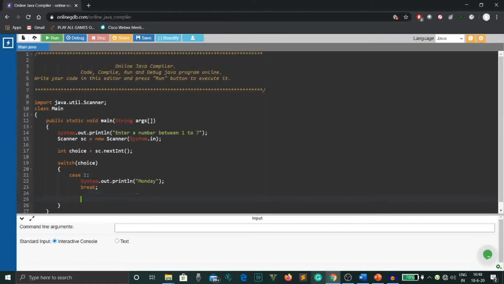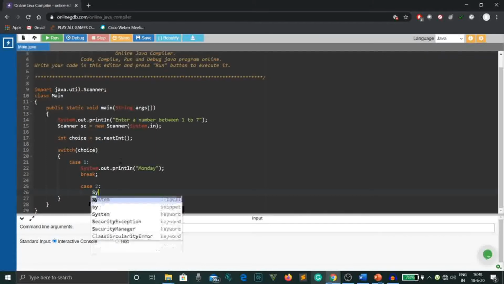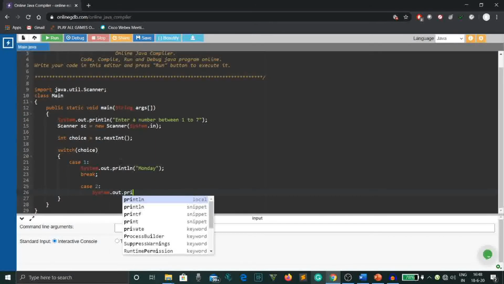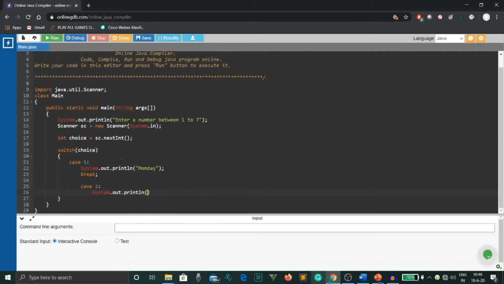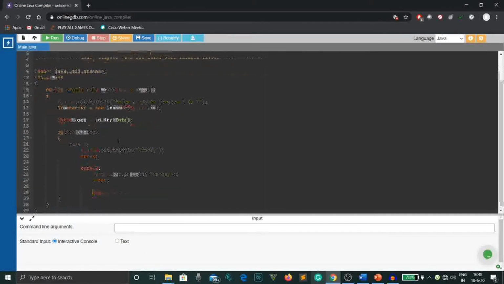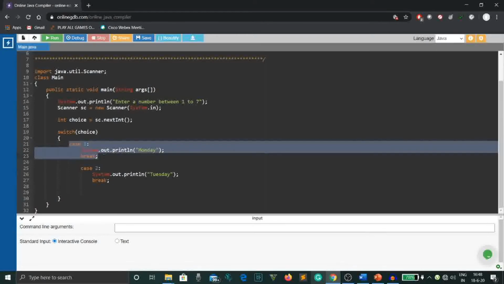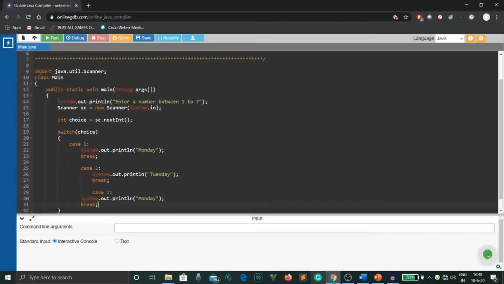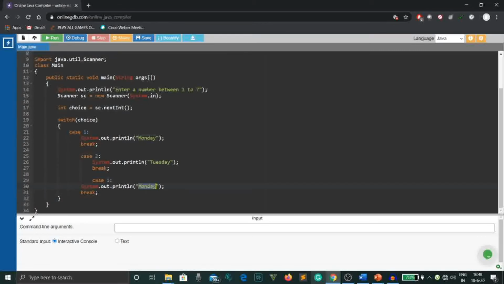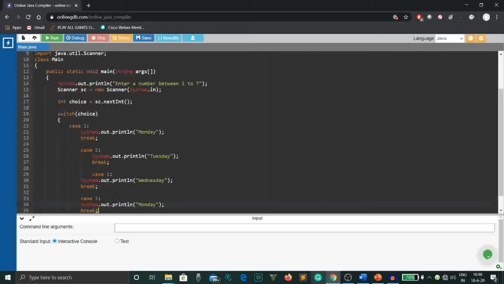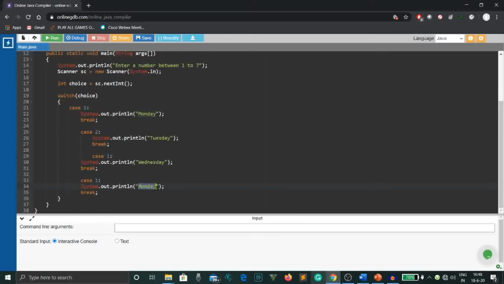Now similarly, case 2, we need to write this print statement 7 times. So we'll copy and paste it from the next line. Println Tuesday, semicolon again, break again. So let's copy paste because we will have to write 7 times. Copy this, paste it. Here we'll write Wednesday. Again, paste it. Thursday this time.